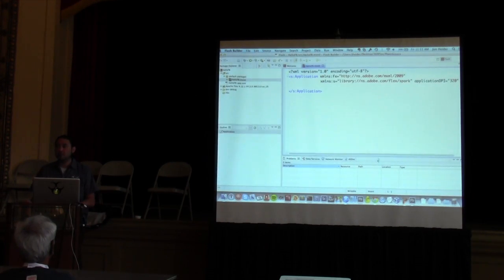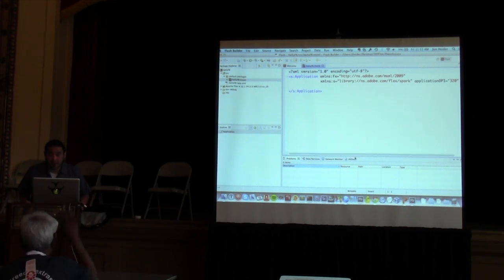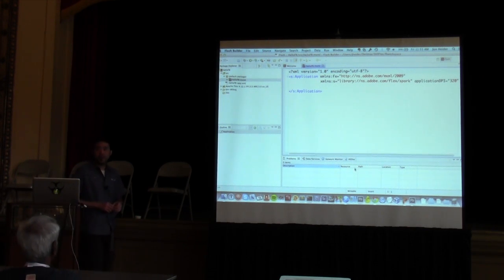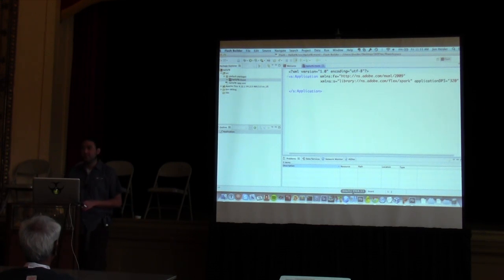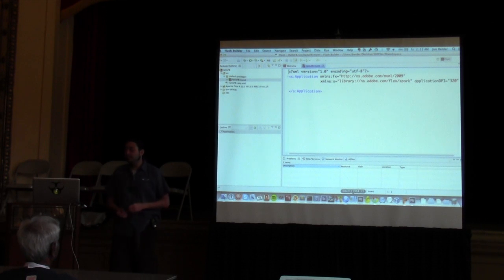How many of you are on Windows? How many of you are on Mac? Most of you. Anybody on Linux? No Linux. Linux is for servers, right? Okay, so